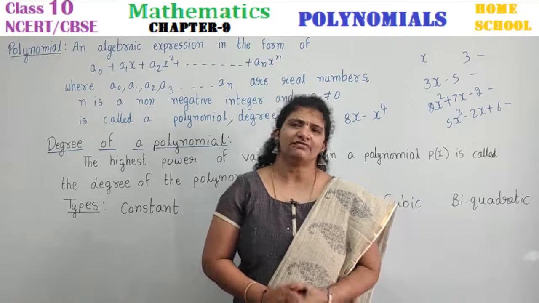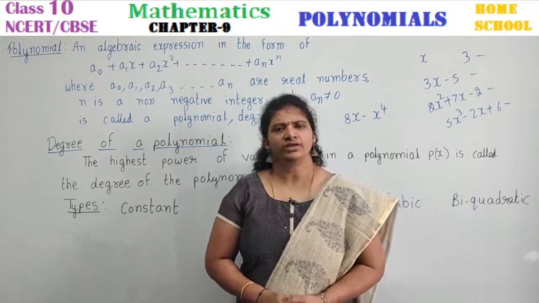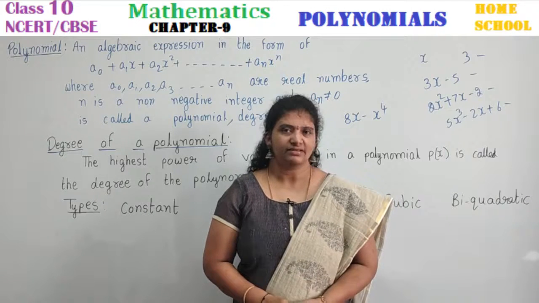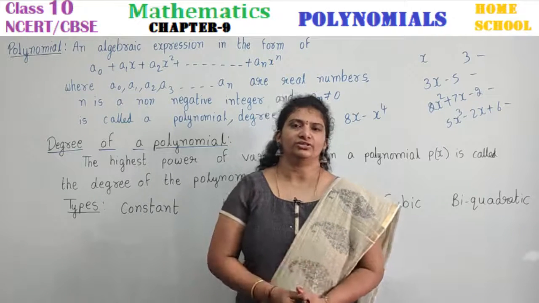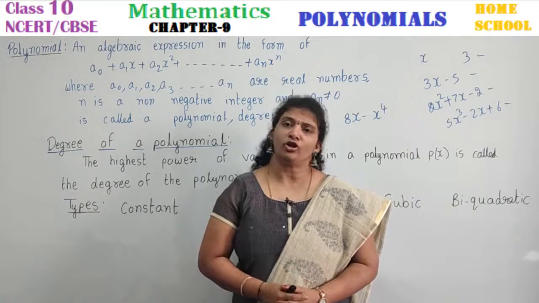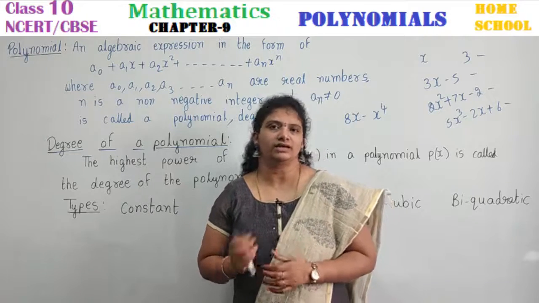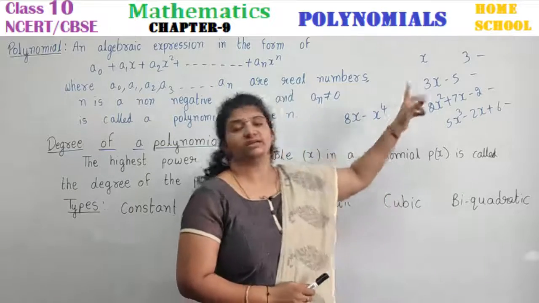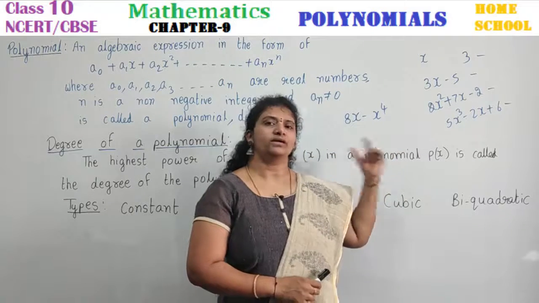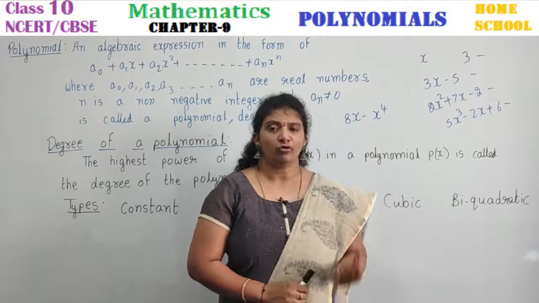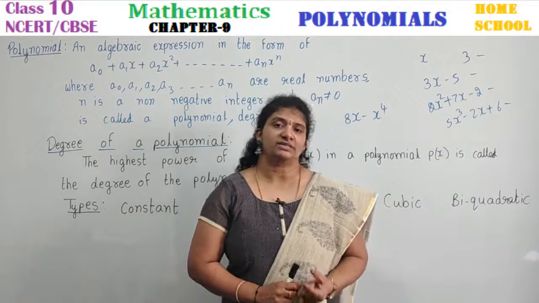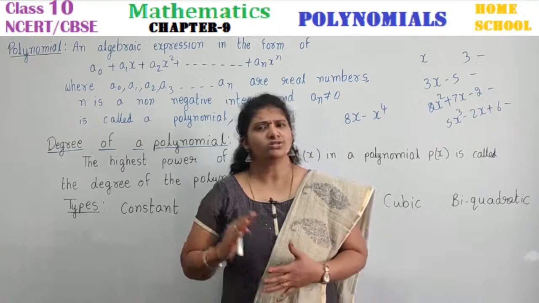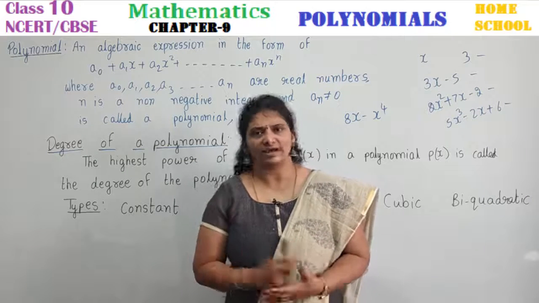In our ninth standard, we had a minimum introductory part about polynomials and we have solved some exercises. It is just a continuation. We classified a polynomial by seeing the terms. We count the terms: how many terms are there, single term or double term? Single means it is a monomial. Double terms means it is a binomial. Three terms, it is a trinomial. Then so on, we classified polynomials.